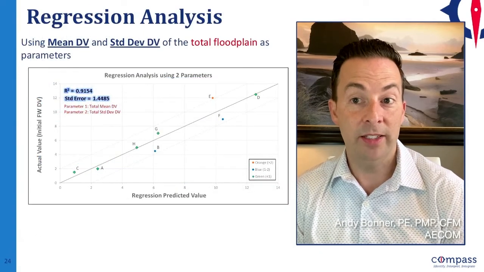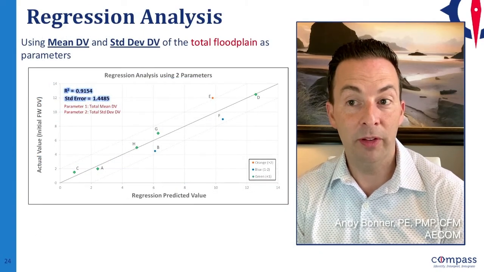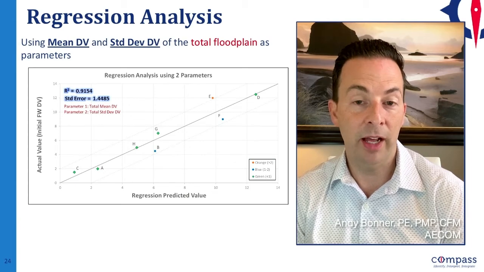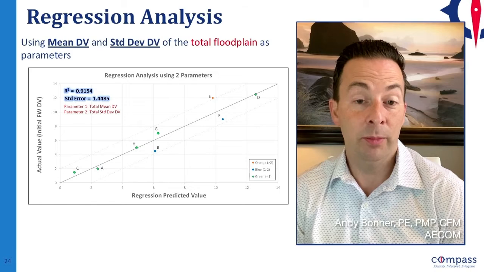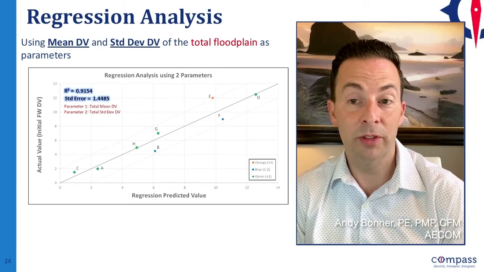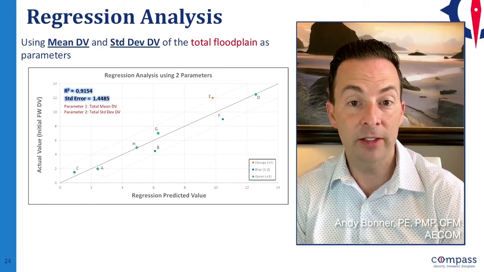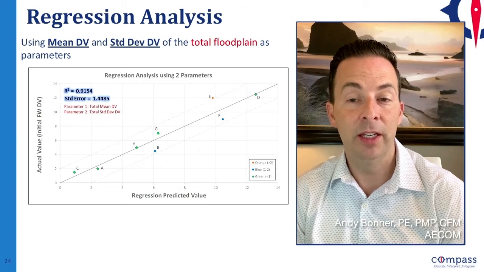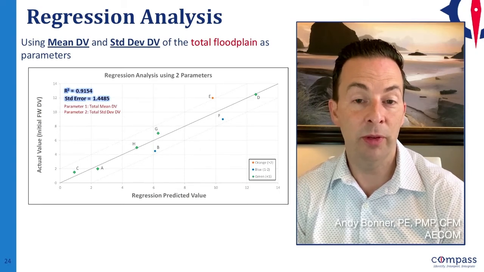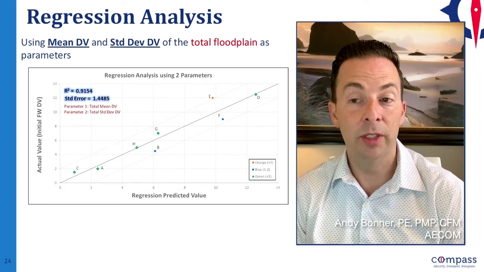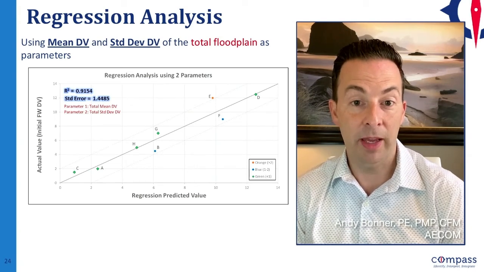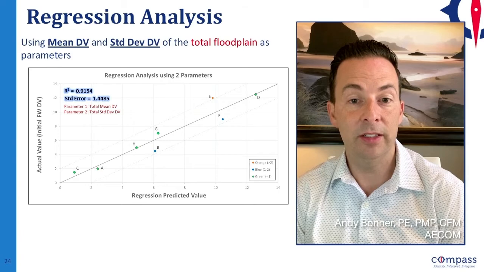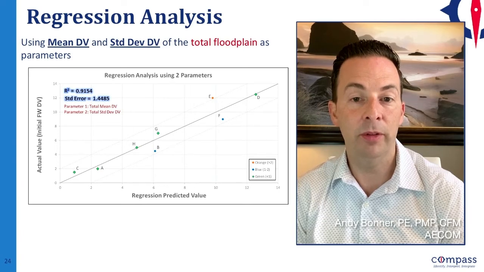So maybe unsurprisingly then, when we performed this simplified regression analysis with both the mean and standard deviation of the DV, we actually observed some pretty favorable results. In nearly all cases, the predicted depth times velocity by that regression equation was within a value of 2 plus or minus of the actual depth times velocity value that was actually selected to produce a compliant floodway with surcharge